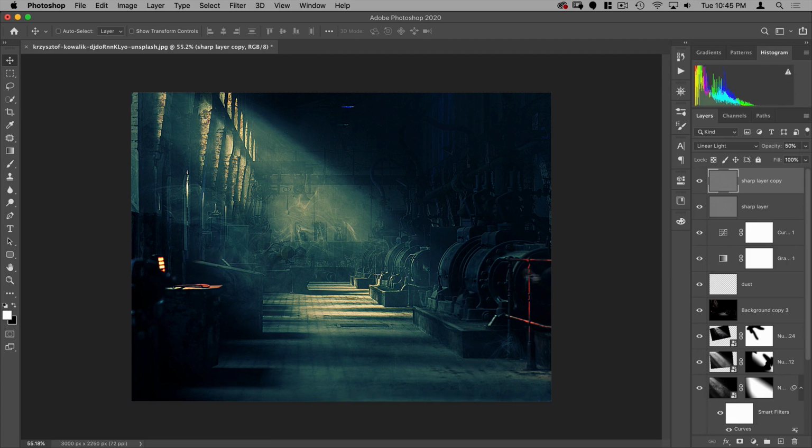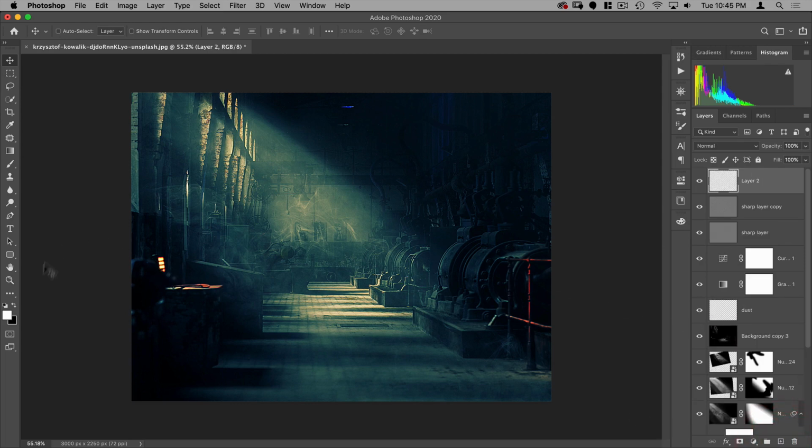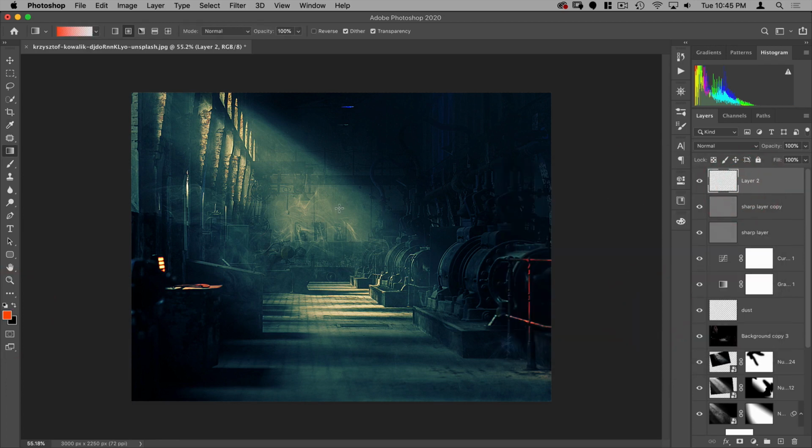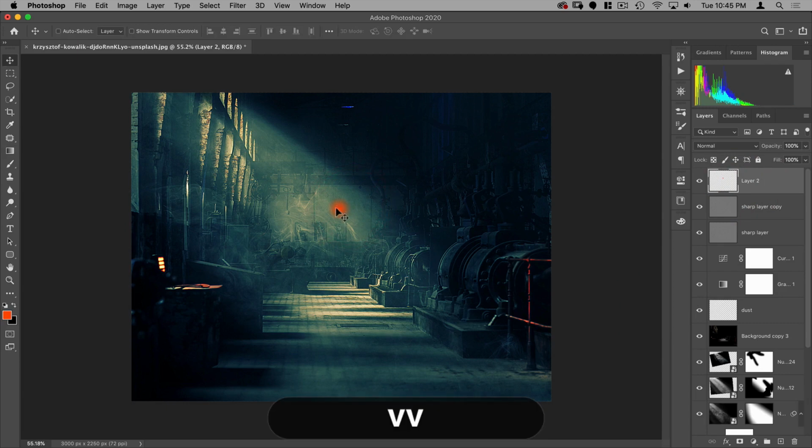Now I love this hint of red here, and I kind of want a little more red here. So what I could do here is just add a small gradient. I'm going to go on a radial gradient instead of linear and make my foreground color here kind of a warm reddish color, and then just make a little ball like that.